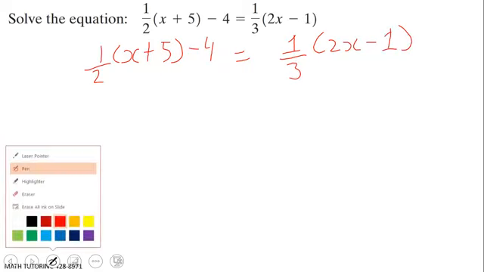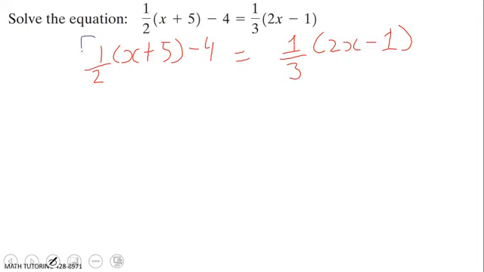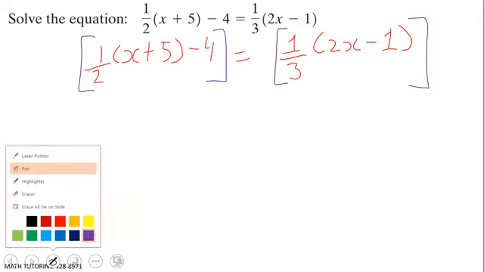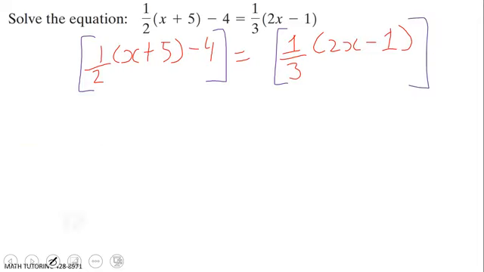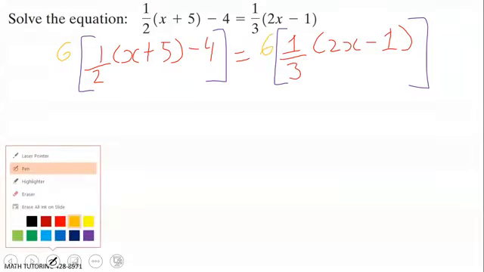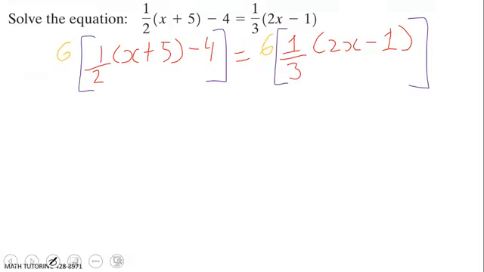So I have to color code this again, so that's the power of one press. Hopefully those who didn't see it before will see it again. And we have the 6 here, 6 here. Awesome. And now we just have 6 times a half is 3, open bracket x plus 5 minus 24